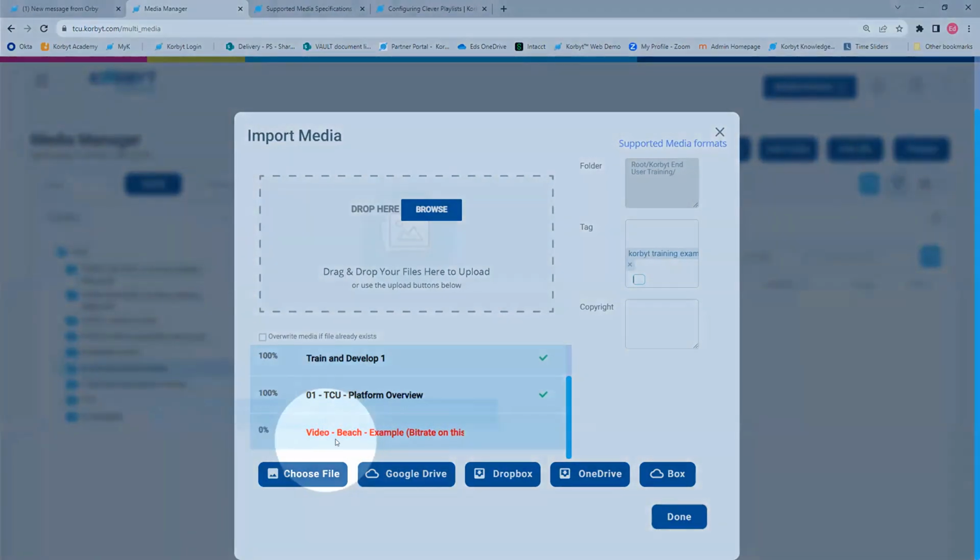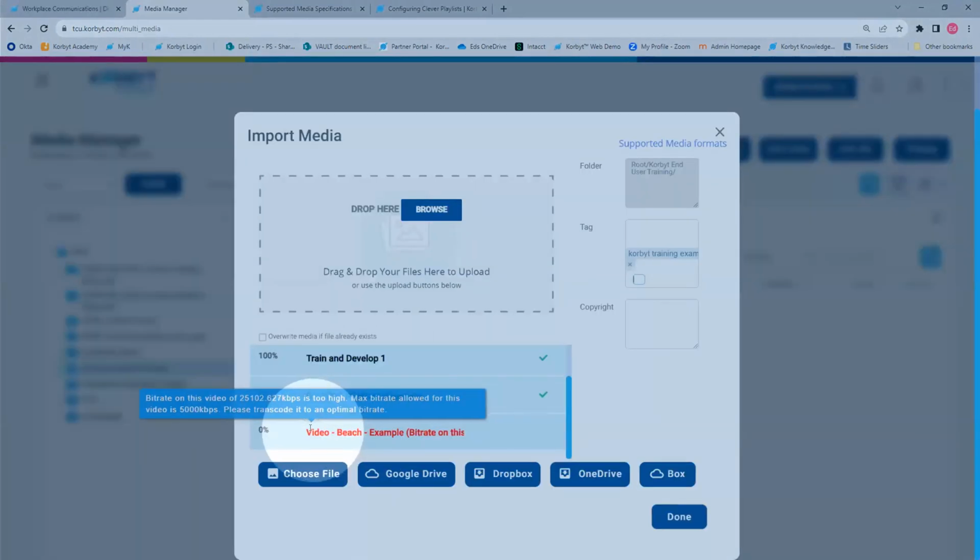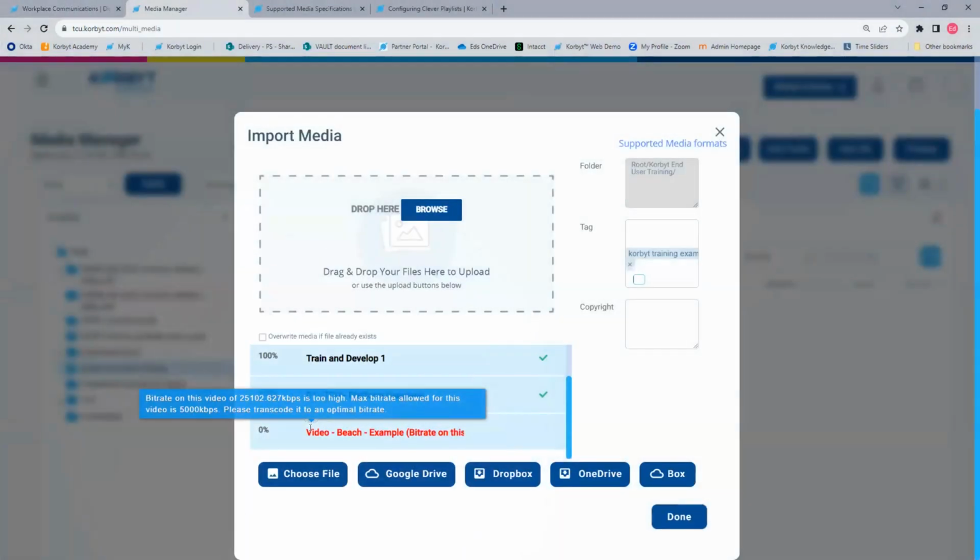You can see the video file that I tried to upload here is telling me that its bit rate is too high. If you see this error associated with videos, it means that the complexity is too high to be played back well in the system. You would want to use video tools to lower that bit rate.